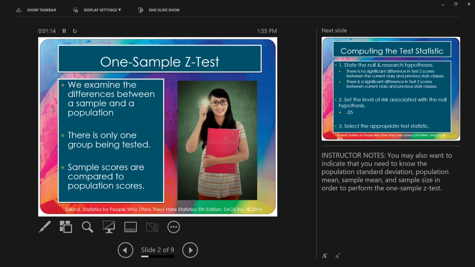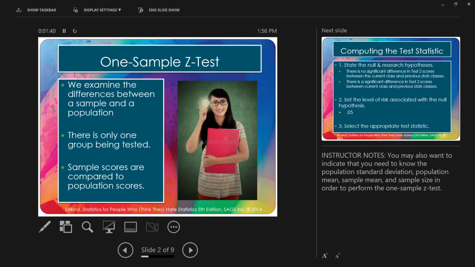So let's look at when a researcher may want to use a one sample z-test. In a situation where a researcher wants to examine the difference between a sample and a population, and the sample scores are being compared to population scores, then it would be appropriate to use a one sample z-test. When using this type of statistical test, the researcher is only collecting data from one group, and that group is